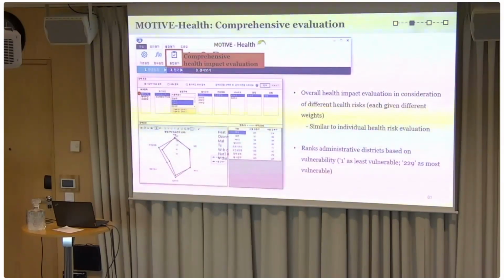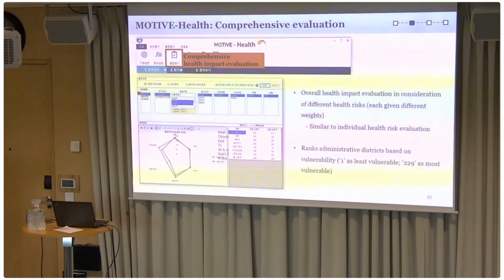And then in addition to 6 components, we put so-called comprehensive health impact evaluation. This is just for one specific location, comparing 2 locations in the urban area, showing a heat wave, ozone, PM10, malaria, chuchugamushi, and waterborne diseases, comparing 2 regions. Because this is urban area, they have high risk of heat wave, ozone, and PM10, much less risk from the infectious diseases. And these are the ranks out of 230 local governments.